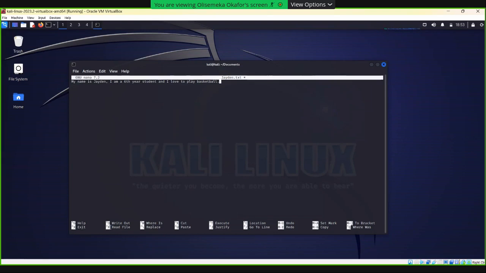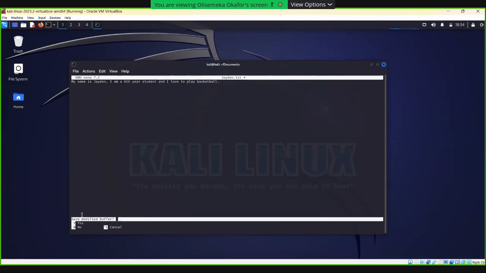This just says what to do. The caret sign before the letter means control. And then the letter afterwards is the letter you press control with to do the action here. So to exit, we do control X. Now it's asking, do you want to save modified buffer?